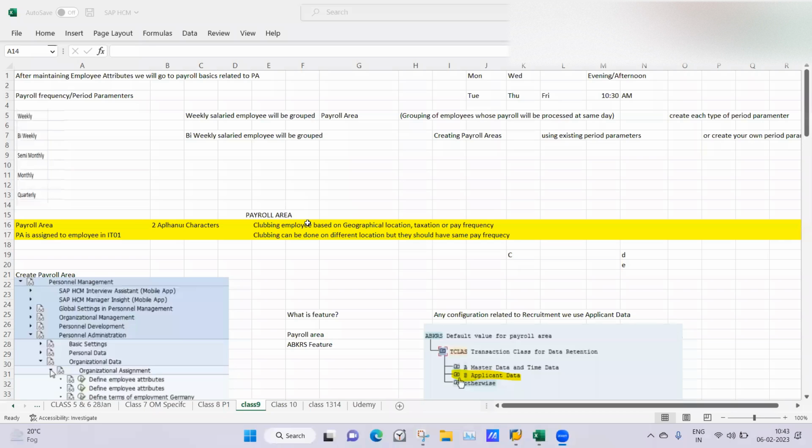So basically, we are clubbing the set of employees. Are you able to see my screen? Yeah, I can see. So we are basically clubbing the employees based on their geographical location, taxation, or pay frequency. What you were saying, that they will be paid bi-weekly or semi-monthly, all comes under the period